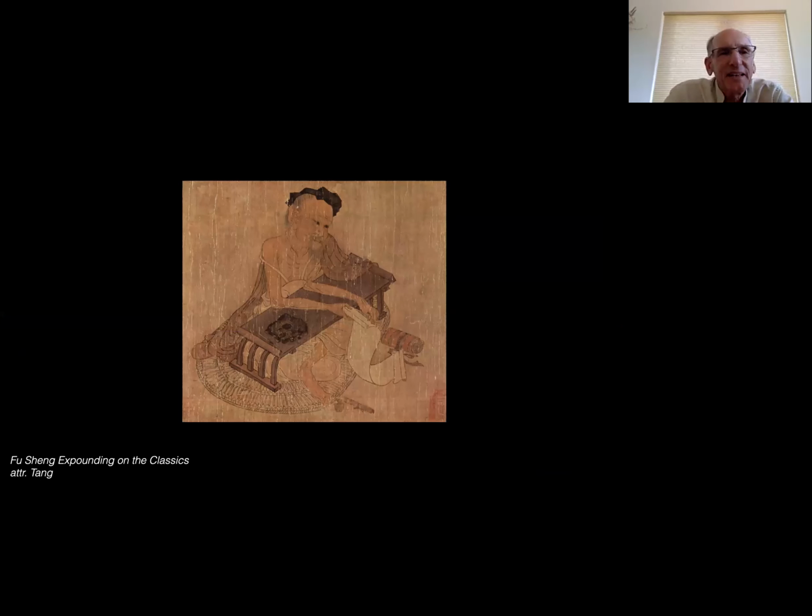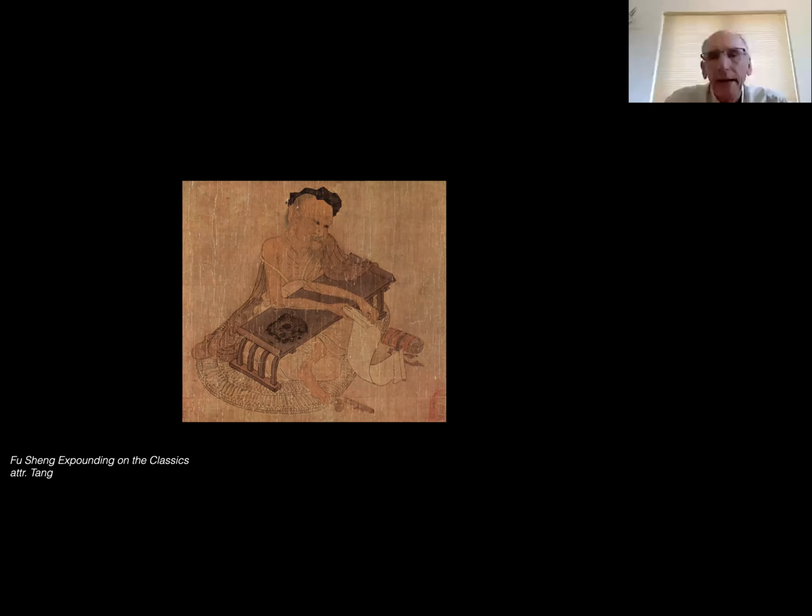During the Qin dynasty, when the classics were being burned, Fu Sheng hid a copy of the classic of history in the wall of his house. And after the establishment of the Han dynasty, the new emperor sent one of his high officials to study this text with Fu. So this Tang dynasty painting, or a copy of a Tang dynasty painting, shows Fu Sheng sitting at a low table. This kind of reflects the early mat culture of the Chinese. Up around the Tang dynasty,